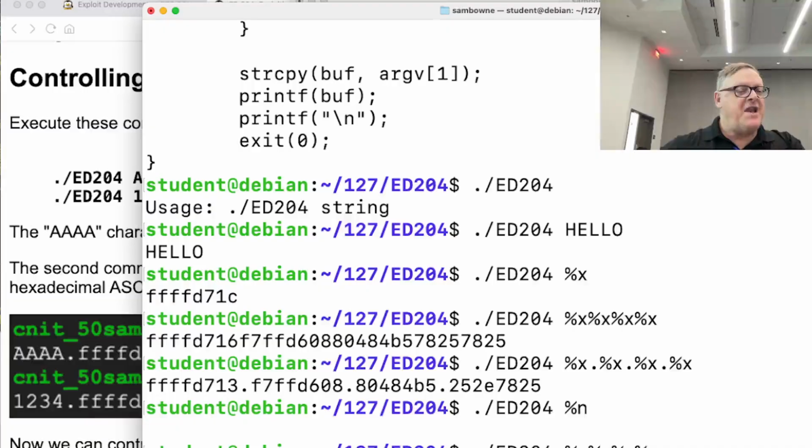So here's the A's I put on the stack, and there they are. The data I put at the start of this goes on the stack, and if I print the stack, after a while I'll find it. So I can insert anything I want on the stack, and then I can write to that memory by putting in a %n. So I now have an arbitrary write where I control the address. The only thing I don't control is the value that's written there.